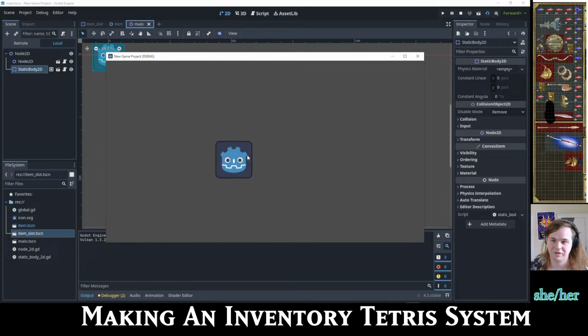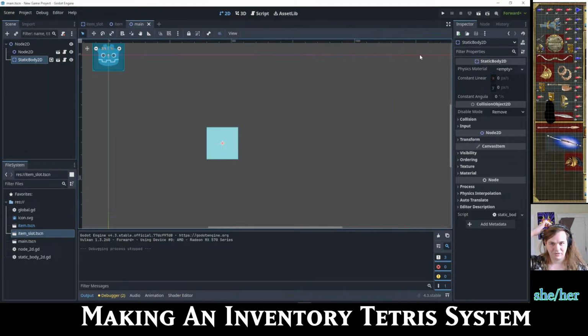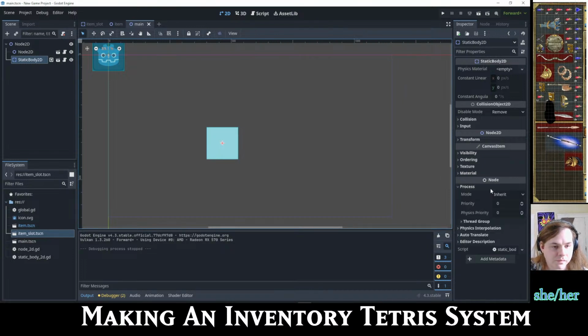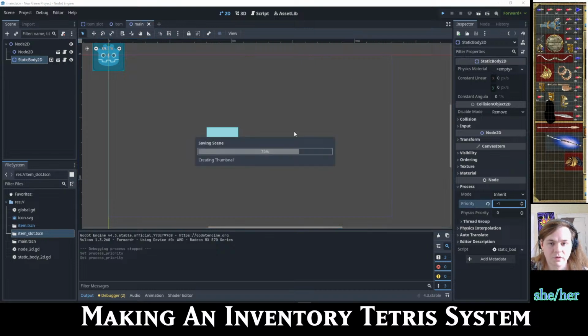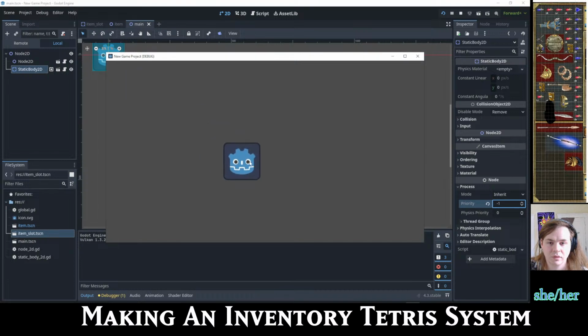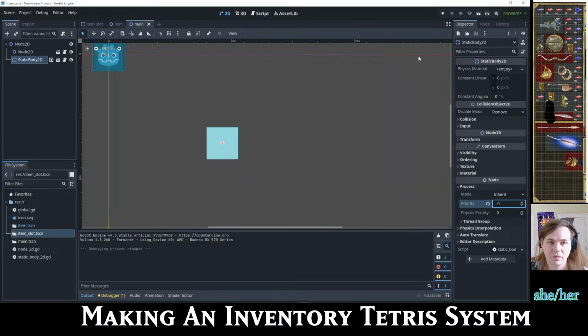Okay, this feels... oh wait, it's drawing it. It's drawing it. That should not be happening. Okay, so first we need to take this process priority -1. No, -1. So that should... Oh wait, no. I want to